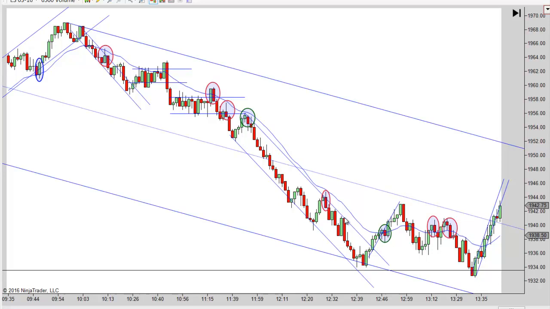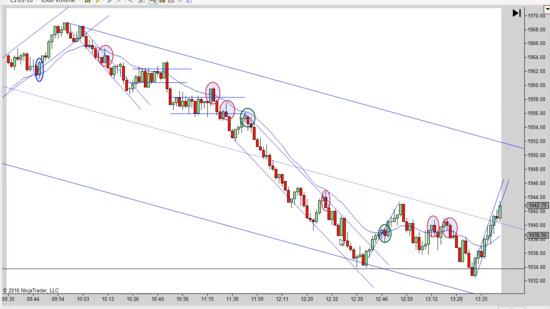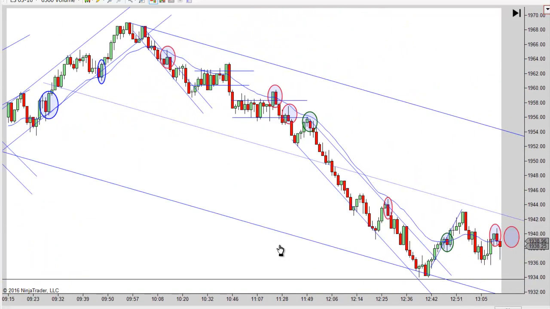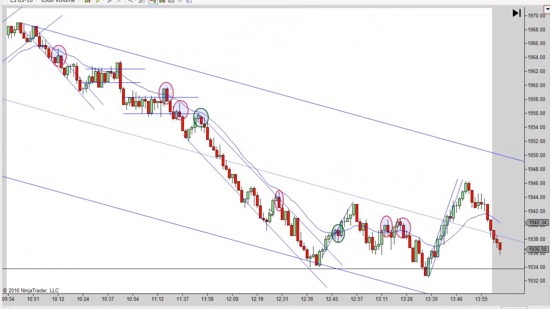It's tempting here. This looks like a failed second entry long because this is a double top really. It didn't quite get up there, but you could treat it like that. And if you do, this is a failed second entry long. But you've got to go short at the very low of this whole move down here. I don't think it's the low of the day at this point, but it doesn't matter. You're trying to get short